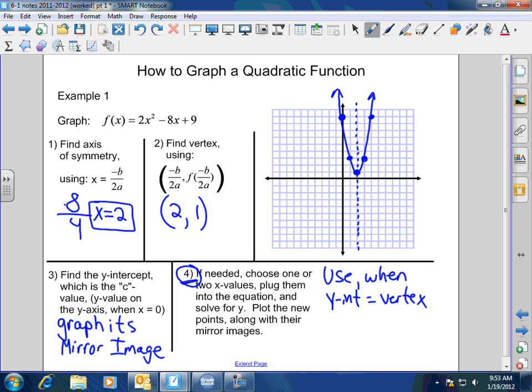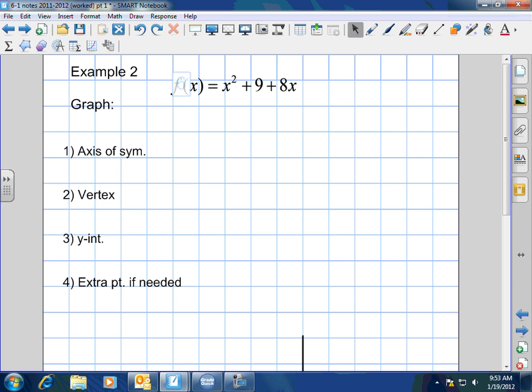Sir, is that 2, 1 the minimum? The 2, 1 is the vertex, and yes, 2, 1 is the minimum. Yes, that is the minimum. That is the vertex. That is the minimum. Okay, let's do another one. All right. Now,